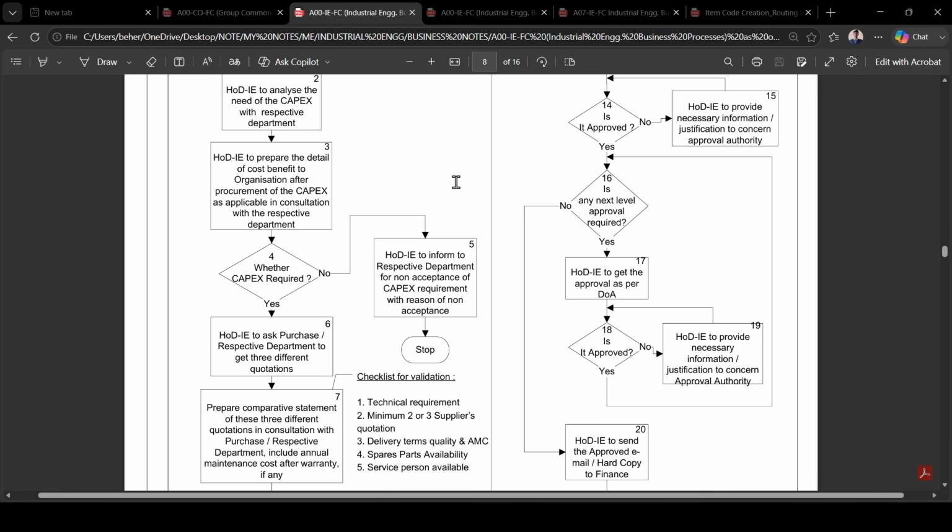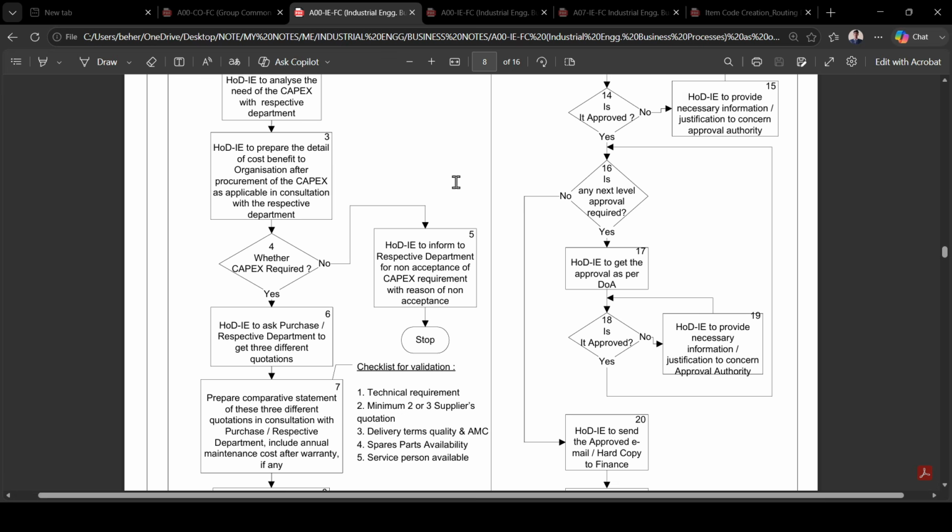Suppose any next level approval is required. If it is yes, then go further. If it is no, then